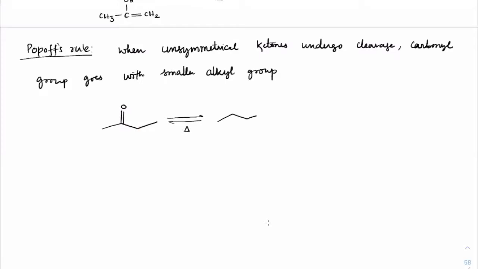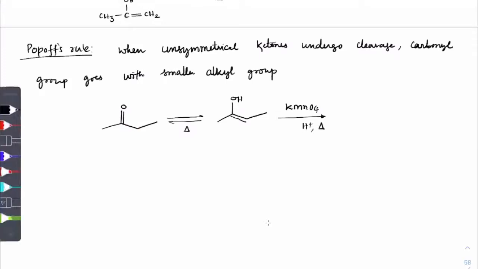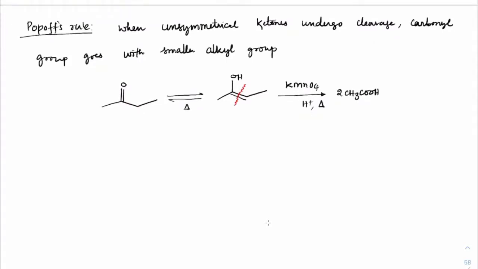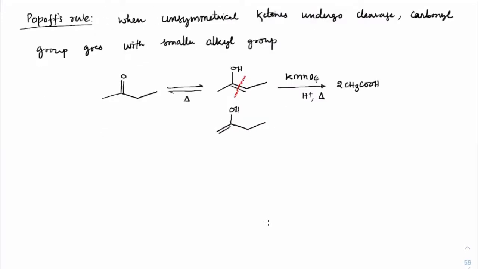the forward direction is favored and it will give enol content. Which enol is more stable? This side enol is more stable, not here. So when you react it with KMnO4 and rigorous heating, this bond will break. On breaking that bond, we will get 2 moles of CH3COOH. That's it. So Popov's rule is nothing but making the stable enol form. When you make a stable enol form, the group will go in that particular direction. Yes, beta, but there are very minor products. Usually this type of question is not asked, whether there will be products like that.